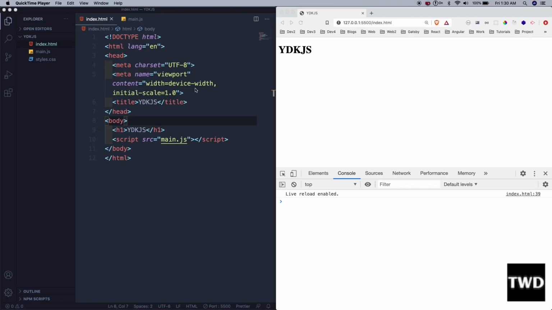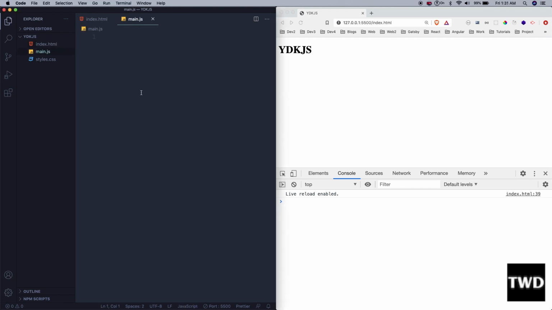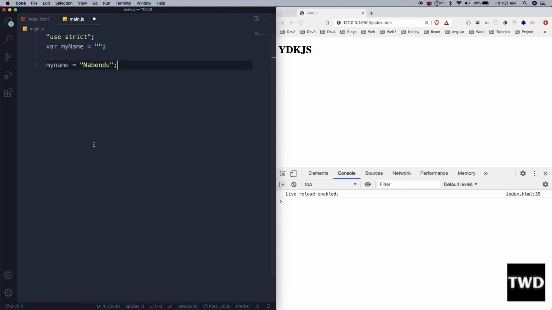Now to show use strict mode, I have created a small project in which there is index.html and main.style.css. This is my usual template. In index.html, I have just linked main.js, and I have also used the live server extension, so it is live at this point. As you all know from my previous videos, I generally use it to have a local live server. Let's go to main.js, which is linked, and write use strict, myname equal to this.